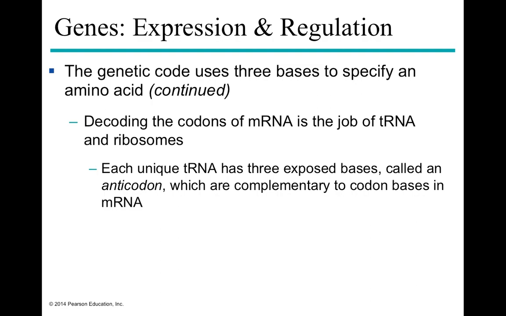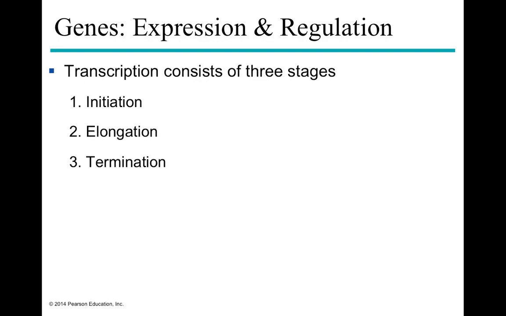So mRNA is just going to be the code itself. It's just the recipe, right? If you mess up making the dinner, that's not on you if you didn't follow the recipe. So the mRNA is the recipe, and the tRNA and the ribosomes are the cooks, if you will. And each tRNA molecule has 3 exposed bases. Again, that's an anticodon, which is going to be exactly opposite or complementary to the codon base in the mRNA. And if it fits, then it's going to be the one that's going to be chosen to add that amino